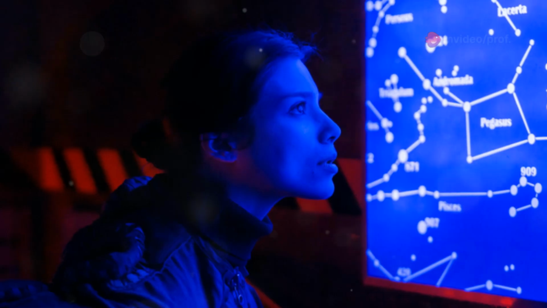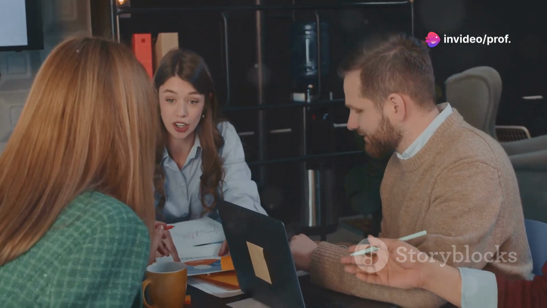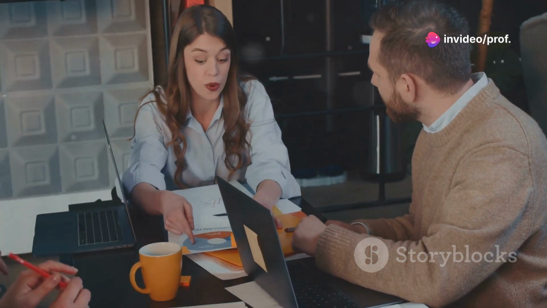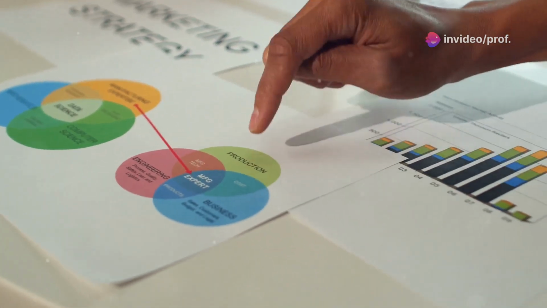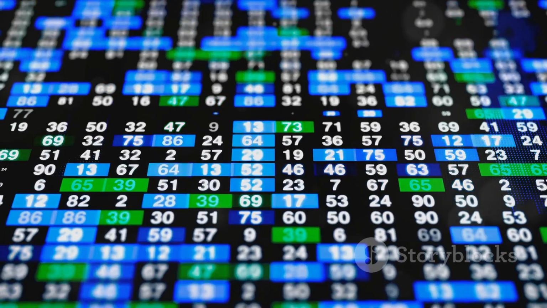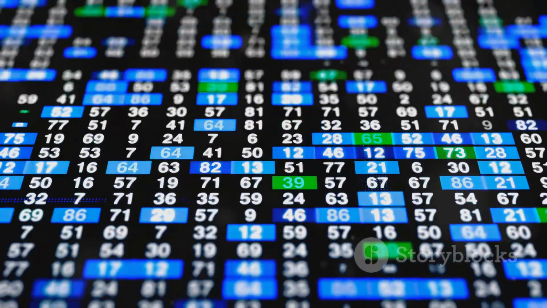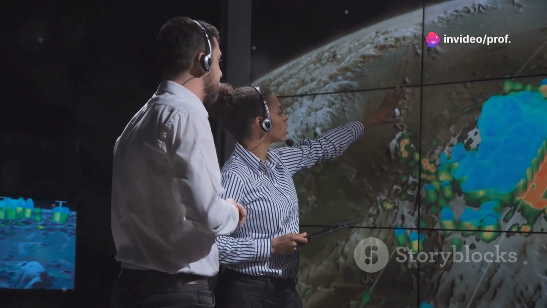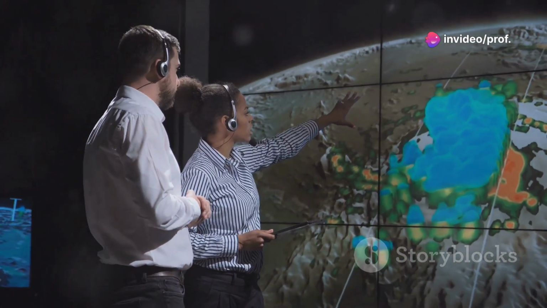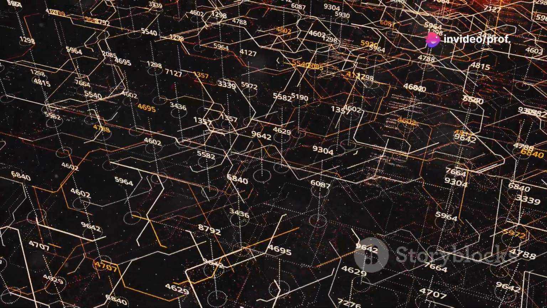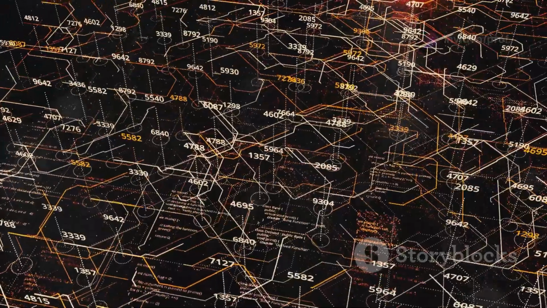How does clustering work? It's like mapping a constellation. We plot each data point in a multi-dimensional space. Each dimension represents a different feature or attribute. Clustering algorithms then group nearby data points together, forming distinct clusters. These clusters reveal hidden patterns and relationships. They help us understand the underlying structure of the data, even when it's unlabeled.